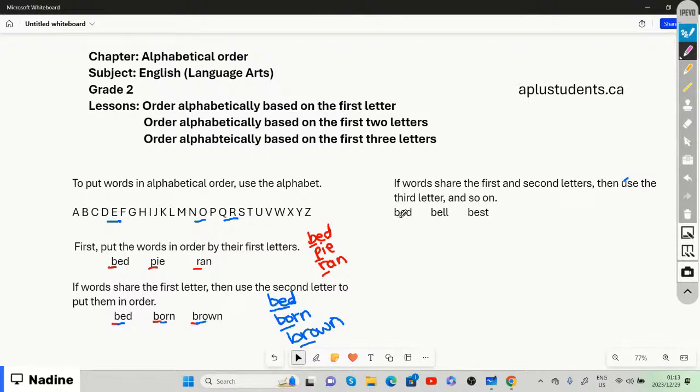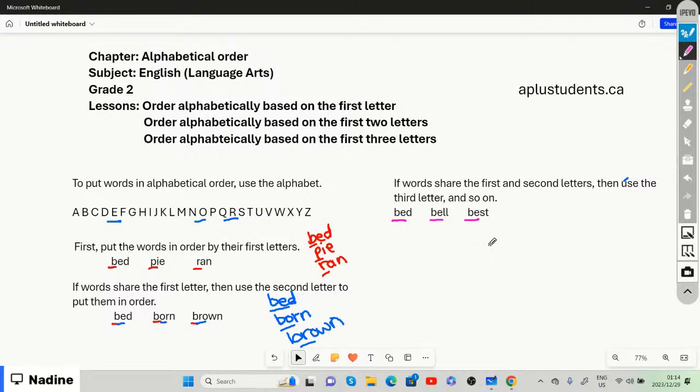All of these three words start with BE: bed, BE for bow, BE for best. Which means that if we want to put these words in alphabetical order, we cannot just look at the first letter,